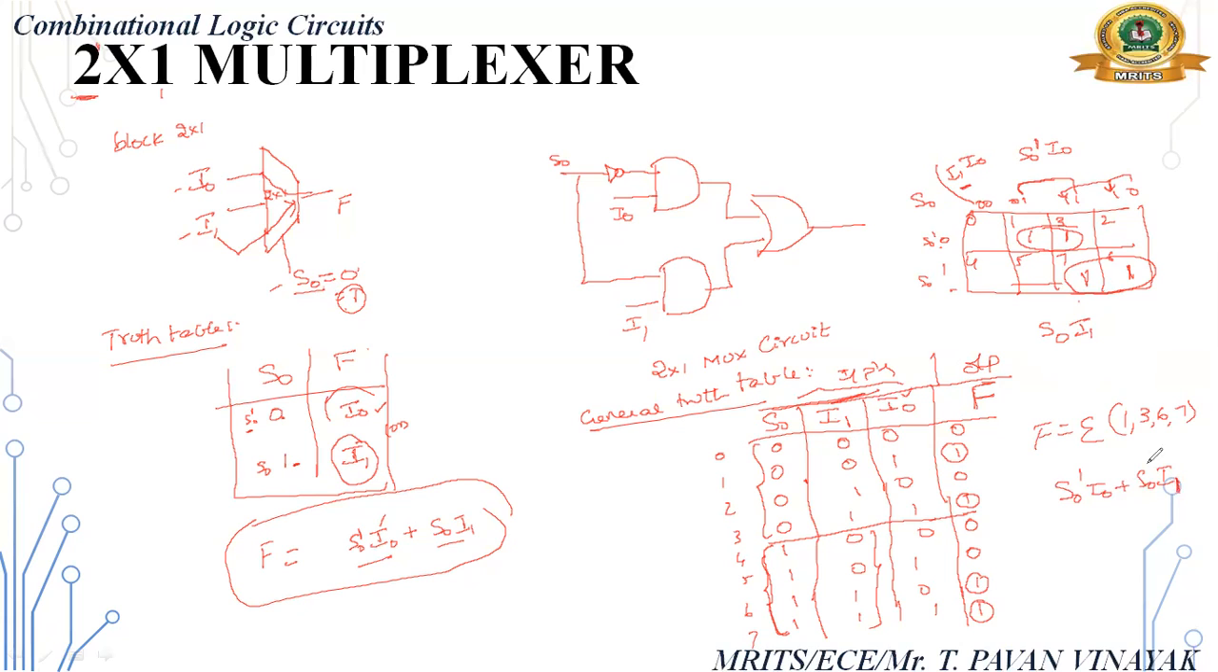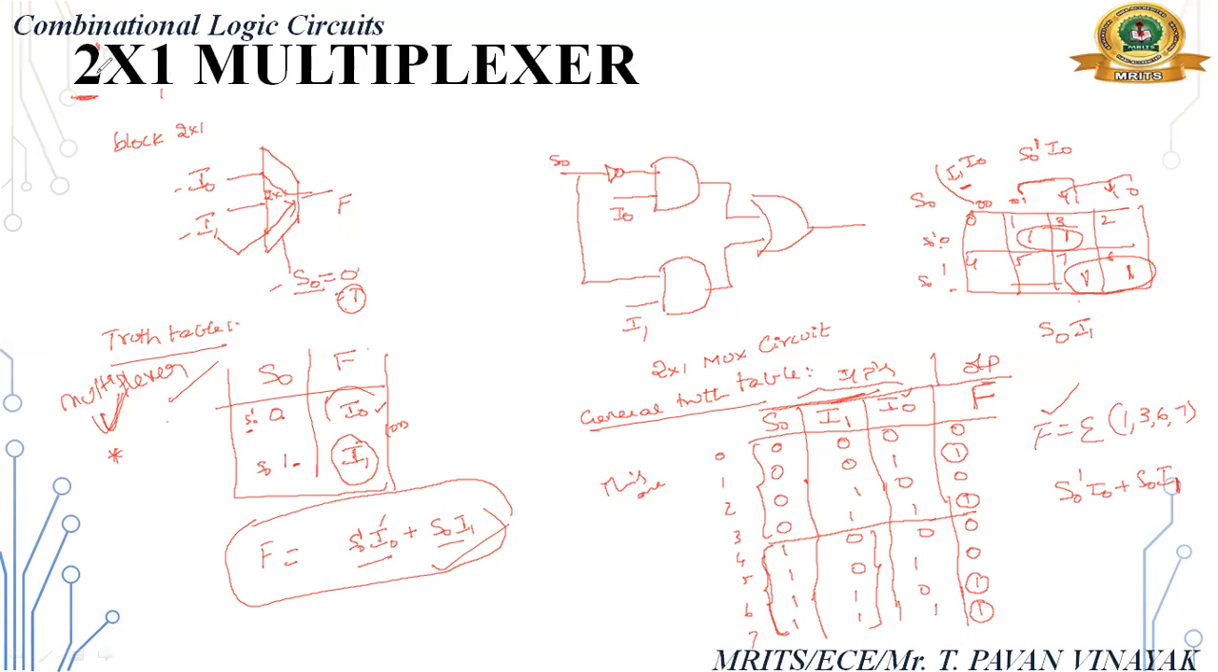See, both are the same expressions. Using this also we get the same expression. Using this also we get the same expression, right? So mostly I prefer this type of truth table only for multiplexer. I use this type of truth table instead of this one,